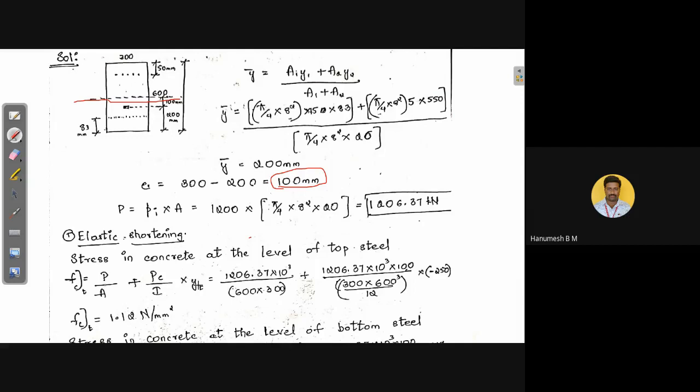When coming to the position of the top steel, position of the top steel ಅಂದ್ರೆ ಯಾವ ಪೊಸಿಷನ್ ಅಲ್ಲಿ ಇದೆ, ಎಲ್ಲಿಂದ ಮಾರ್ಕ್ ಮಾಡಬೇಕು? ಫ್ರಮ್ ದ CG ಆಫ್ ದ ಕಾಂಕ್ರೀಟ್ ಇಂದ ಮಾರ್ಕ್ ಮಾಡಬೇಕು. ಅಂದ್ರೆ ಇಲ್ಲಿಂದ ಪೊಸಿಷನ್ ಆಫ್ ದ ಟಾಪ್ ಸ್ಟೀಲಿಗೆ ಎಷ್ಟು ಡಿಸ್ಟೆನ್ಸ್ ಇದೆ? ಇಲ್ಲಿಂದ ಟೋಟಲ್ ಆಫ್ ದ ಸೆಕ್ಷನ್ ಅಂದ್ರೆ 300 ಆಗುತ್ತೆ. 300 ಅಲ್ಲಿ 50 ನ ಸಬ್ಟ್ರಾಕ್ಟ್ ಮಾಡಿದೆ ಅಂದ್ರೆ ಎಷ್ಟಾಗುತ್ತೆ? 250 ಆಗುತ್ತೆ. ಇದೇನಿದೆ ಸೆಂಟ್ರಾಯ್ಡಲ್ ಆಕ್ಸಿಸ್ ಗಿಂತ ಮೇಲ್ಗಡೆ ಇದೆ ಪೊಸಿಷನ್ ಆಫ್ ದ ಟಾಪ್ ಸ್ಟೀಲ್. ಹೌದಾ? ಅದಕ್ಕೋಸ್ಕರ ಅದನ್ನ -250 ಅಂತ ಬರ್ದಿದ್ದೀನಿ.